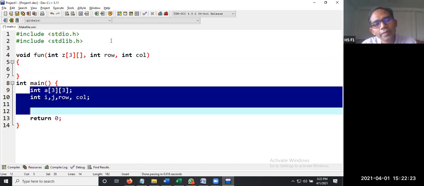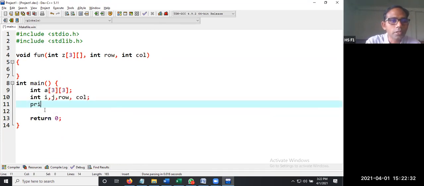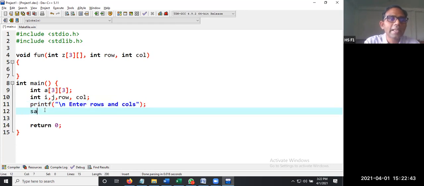These are the variables that are required to implement a two-dimensional array. Now let us accept the rows and columns. printf("\nEnter rows and columns"); scanf("%d %d", &row, &col);